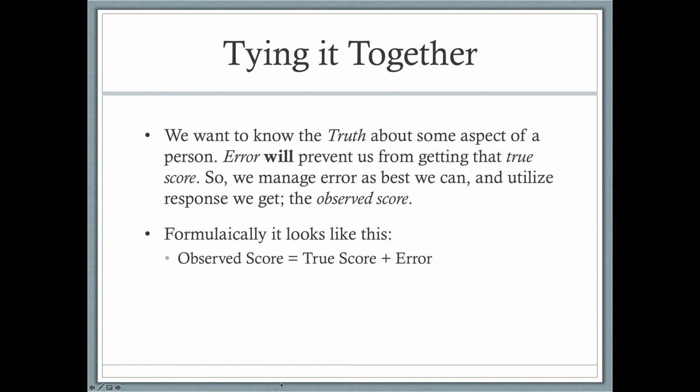So at the bottom down here, this is what it would look like condensed to a formula, if that's helpful. The true score, which is what we want, is blocked by error, right? So true score plus error, so how conscientious you are, plus, you didn't really understand the instructions, or you had a bad day, or you got into a fender bender on the way to take the test and the guy just drove off, so now you're not feeling particularly conscientious, right? We're left with the observed score.